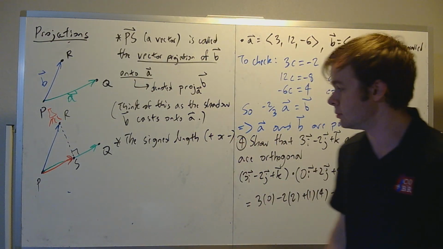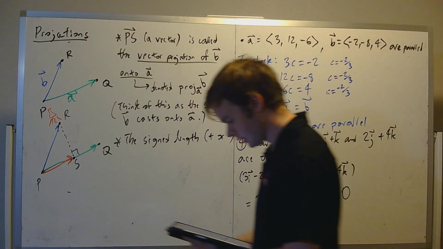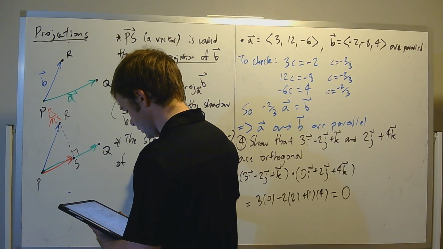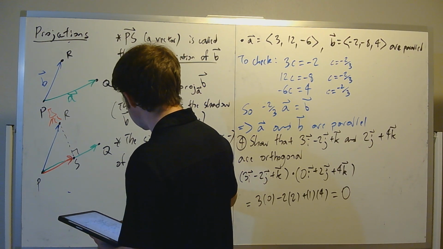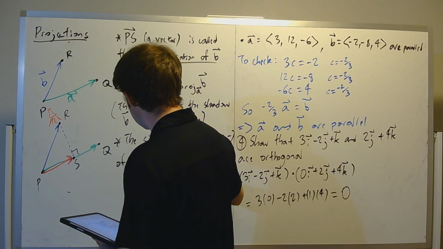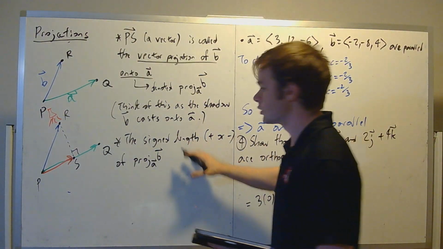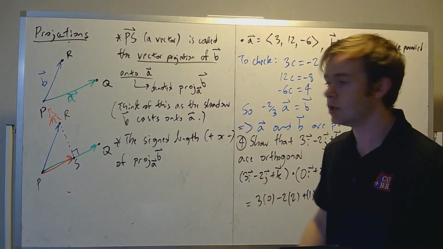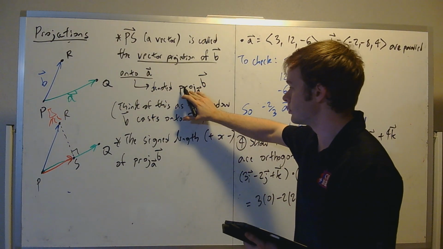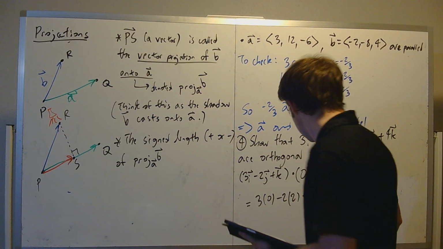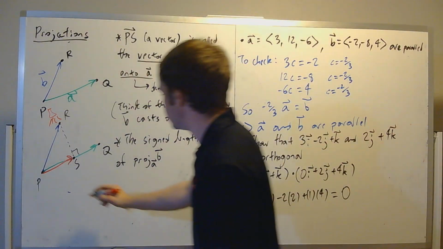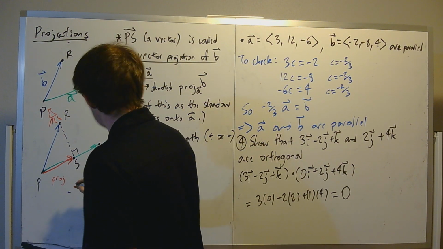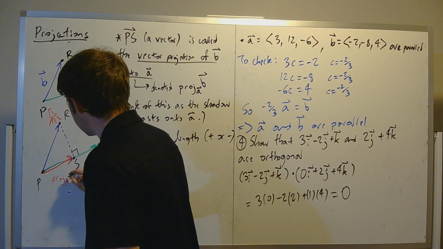So either could be positive or negative, of projection onto A of B. So we're just looking at the length of this vector. We're saying the length of the red vector could be positive or negative, but the length of this projected vector, so the vector I drew here in red is projection onto A of B,